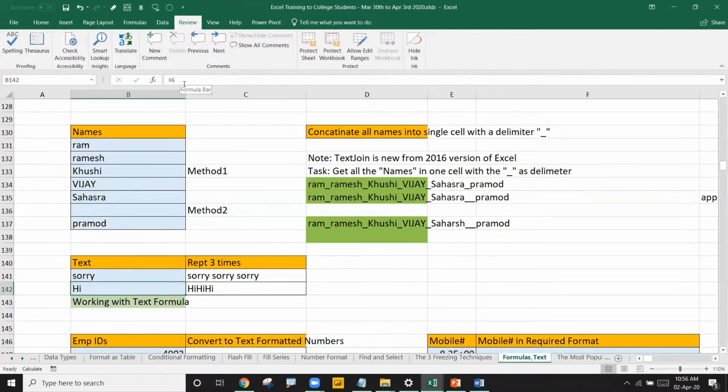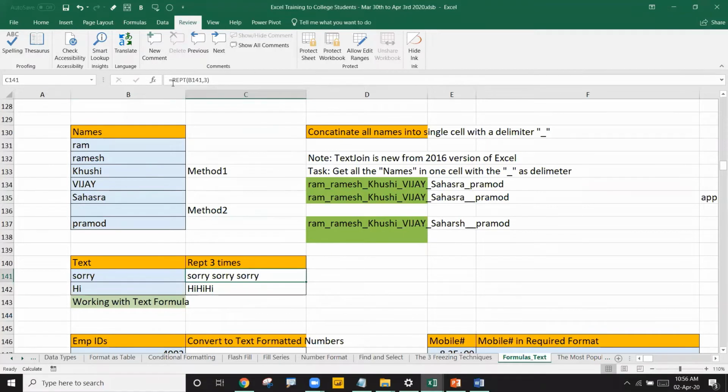Yeah. But if I find the length of this name, "sorry, sorry, sorry", 5 plus 5 plus 5, total 15, and in between them there is a space here, a space here, so there will be space here also. But at the ending there should not be a space, right? So if I find the length of it, it will give 18, but it should be 17 only ideally.